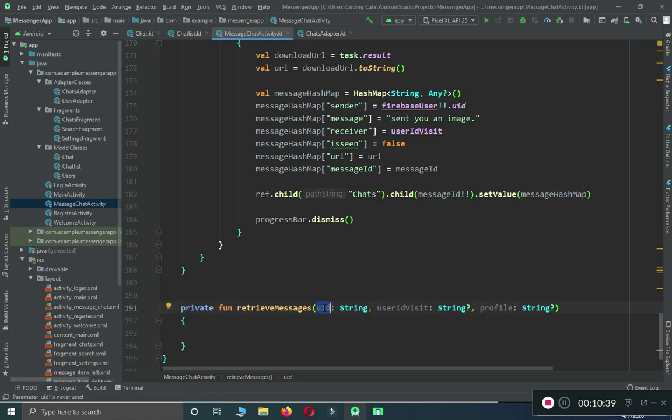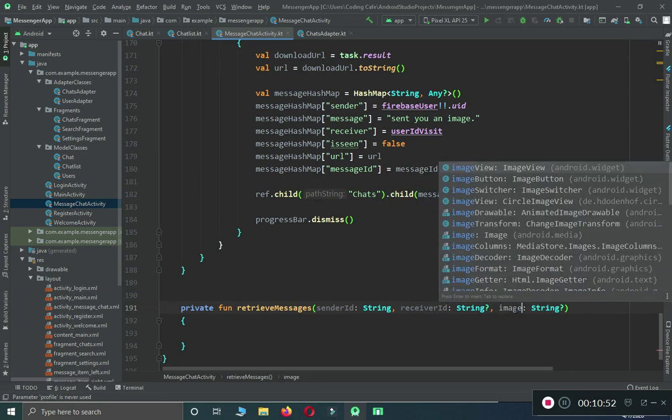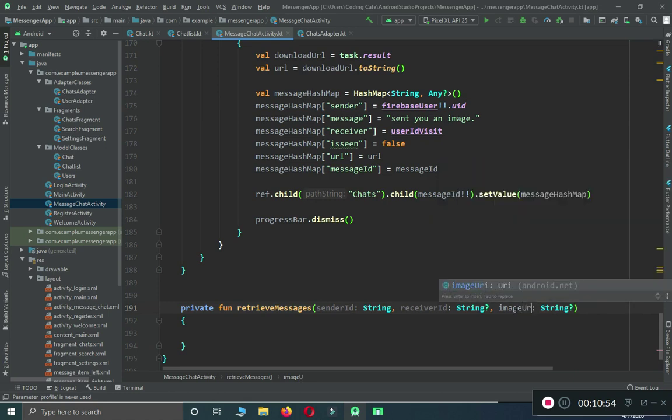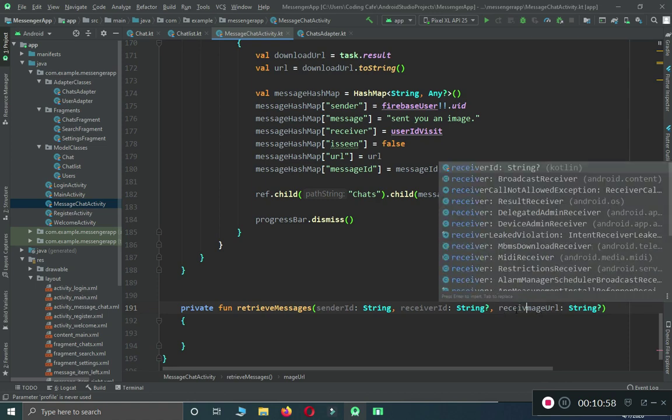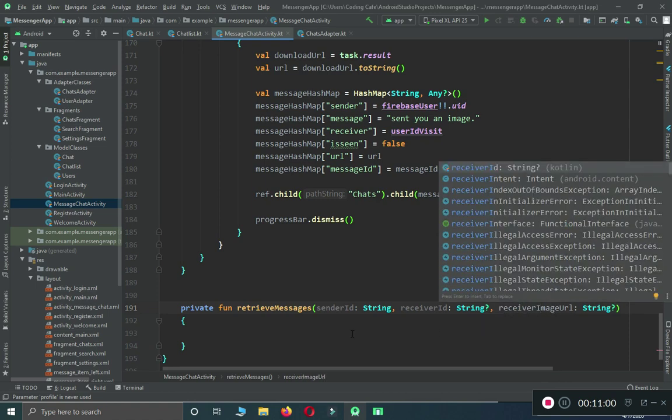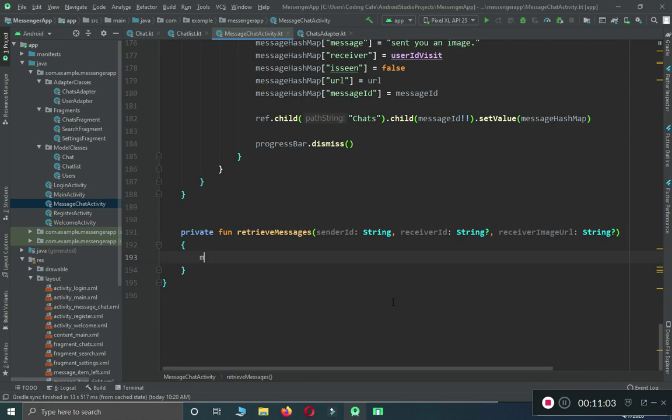This one is the sender ID, and user ID visit, as you know, is the receiver ID, and this one is the receiver image. So let's name it receiver image URL. So we can say that mchat list equals array list,